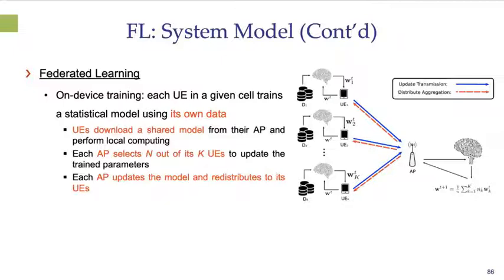The end user devices are going to download a shared model from their access point and perform local computing. Then each access point is going to select N of its K end user devices to update the trained parameters at a given iteration. And then each access point is going to update its model and redistribute it to its end user devices. So this is going to be going on in multiple cells with multiple access points.